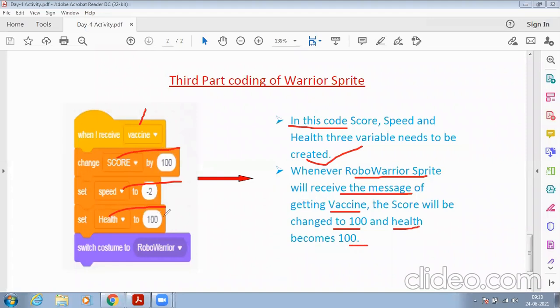Earlier his health will remain 0, when he gets the vaccine then his health will also be improved and it will go to 100. And we are using the speed variable for reducing the health by -2. We'll see in a stepwise manner how the coding will be written. So now I am going to start the coding.